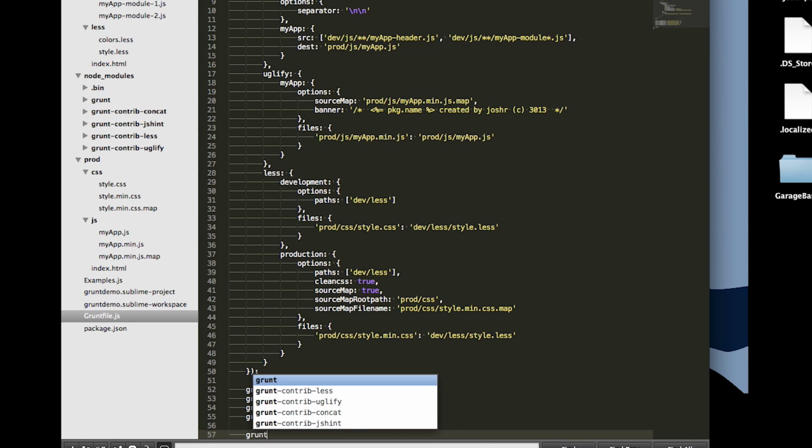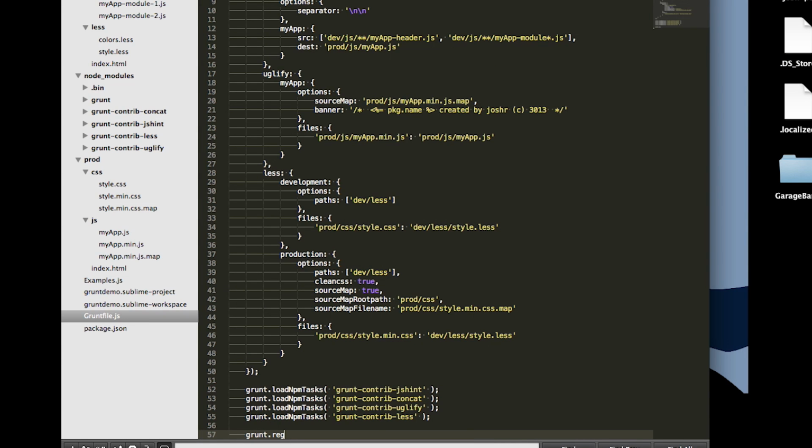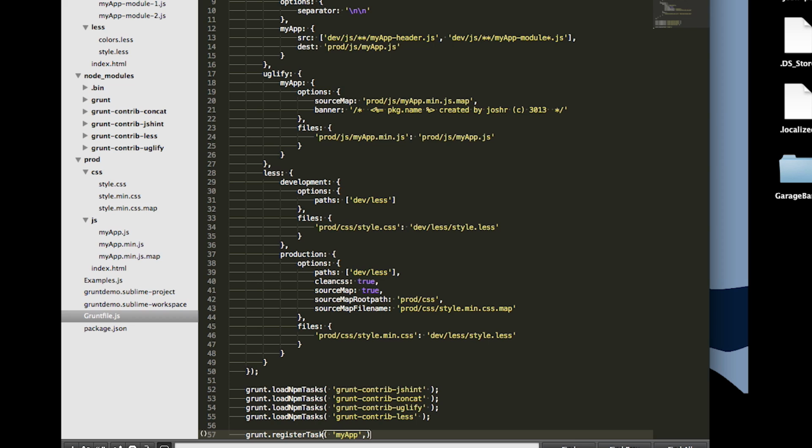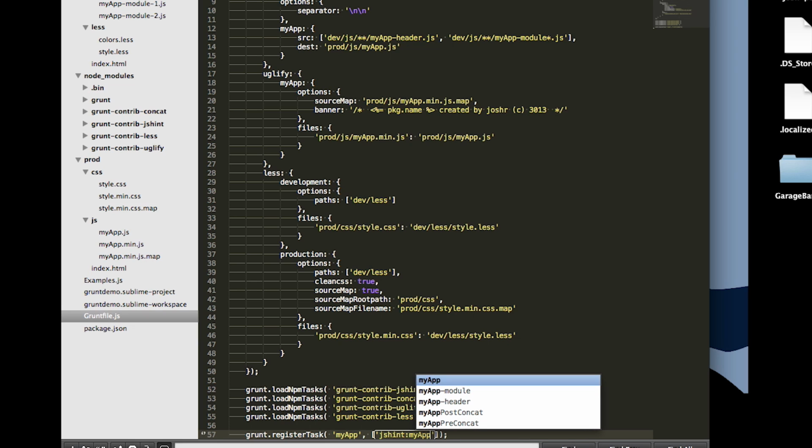Let's do this. Grunt register task. And we'll give it a name, my app. Big surprise. And tell it what you want to do in an array. So you just call them out by name. Whatever you would be putting into the terminal, you put in here. So JS hint my app